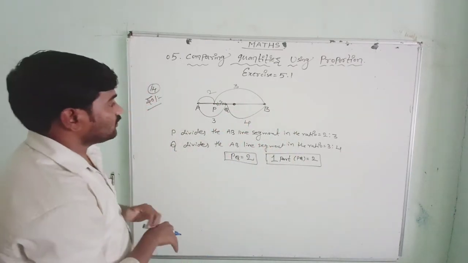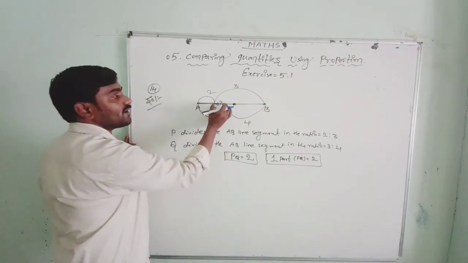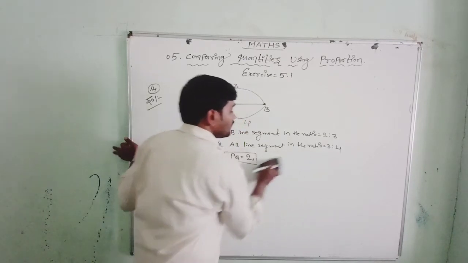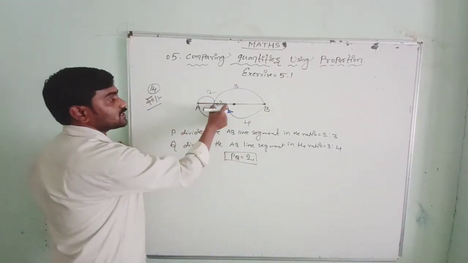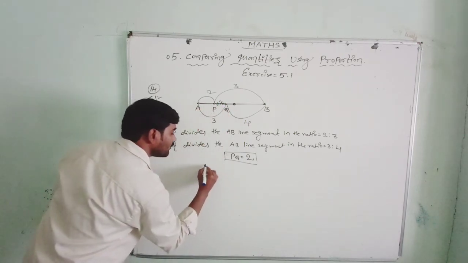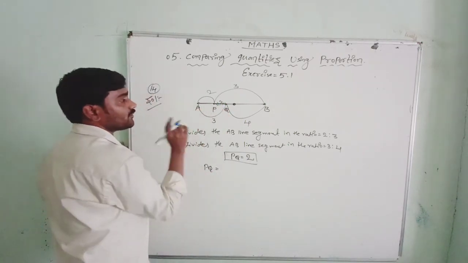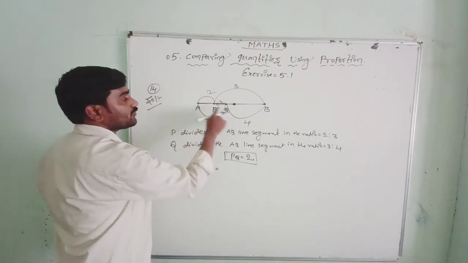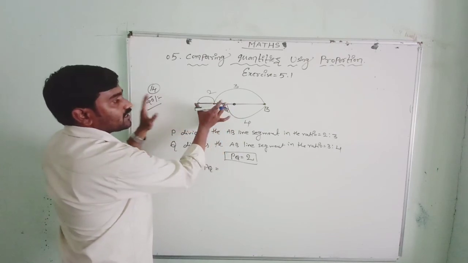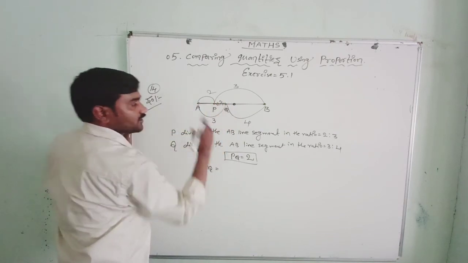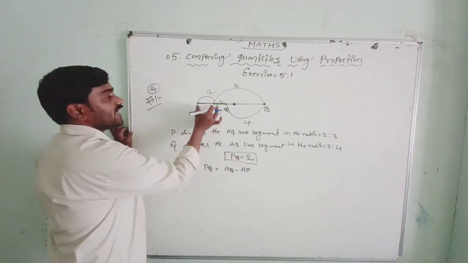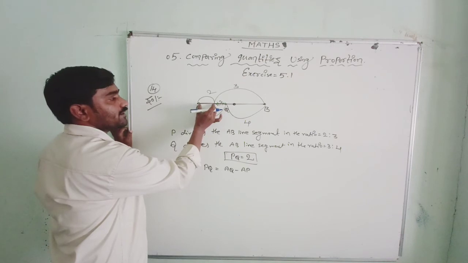In that way we have to find. So first of all, let us find out this 1 part equal to. This 1 part is nothing but how will you get this distance, tell me? So we get the distance PQ. The distance we get PQ equal to, how will you get? AQ minus AP. This total AQ minus AP. If we subtract this much from this total distance, what remains is this. So AQ minus AP.